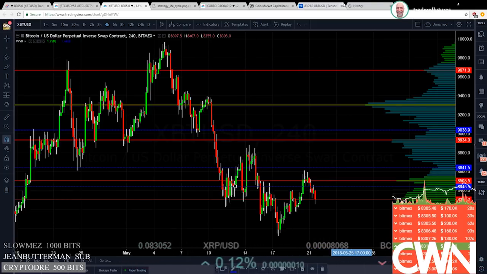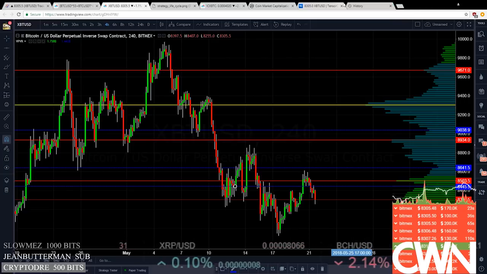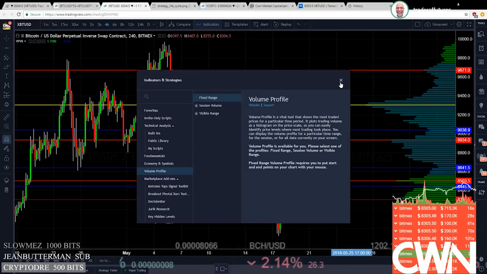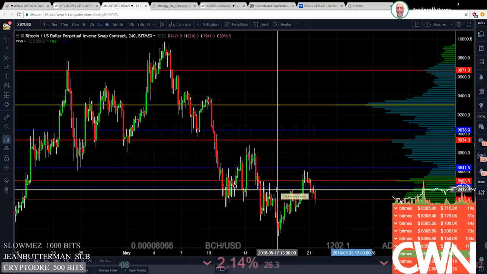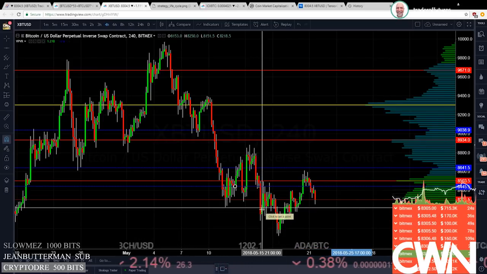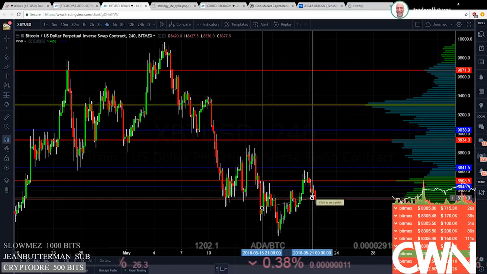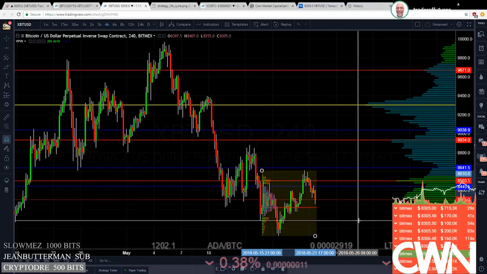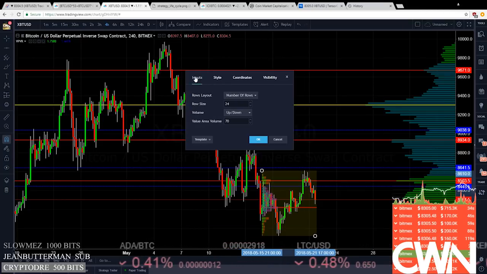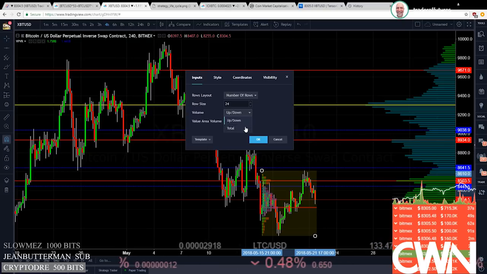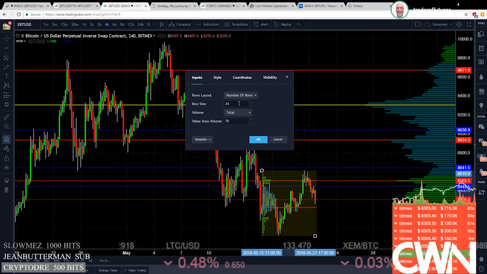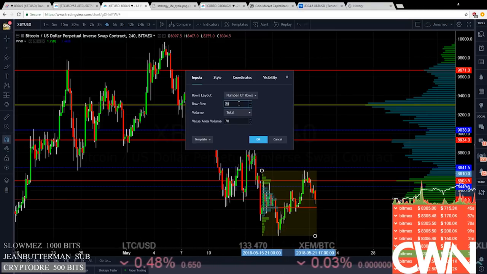So for that reason, I like to also use the fixed range volume profile, so that I can get a better view of where those POCs are, and those high value nodes or areas closer up. So I'll create a fixed range. I'm going to simplify this a little bit. I don't like the up down. There's really no need to see both the selling and the buying in it. I think it just confuses things.